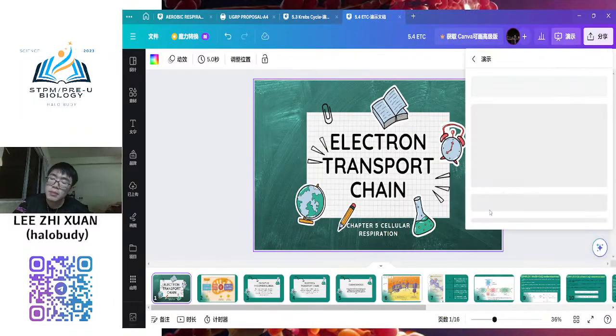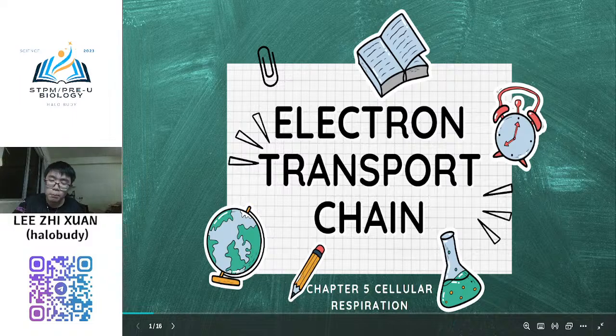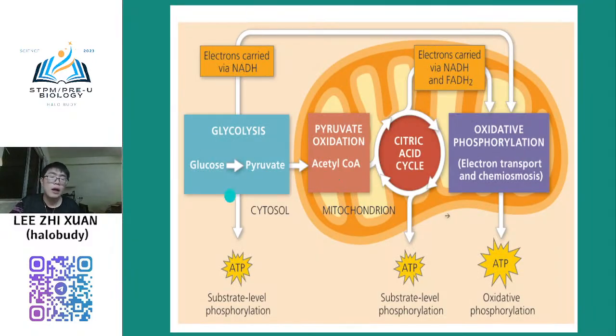So yang ni lebih kompleks sikit, complex sikit compared to glycolysis and Krebs cycle lah. So electron transport chain. This one is the overall. We already went through glycolysis, link reaction, and then citric acid cycle, also known as Krebs cycle. So why do we need electron transport chain? You need to know that our energy carriers in the form of NADH and also FADH2, all of them will